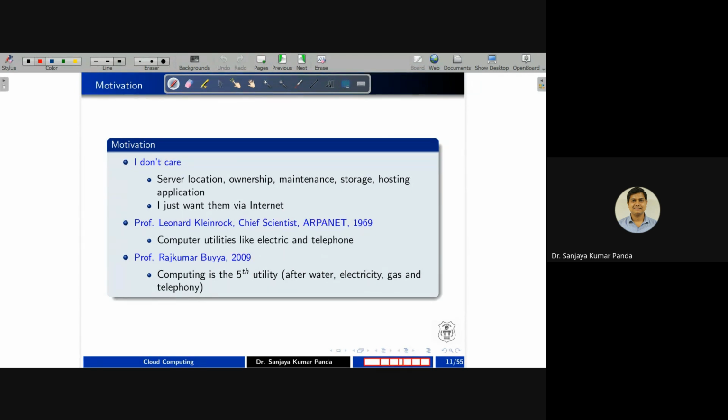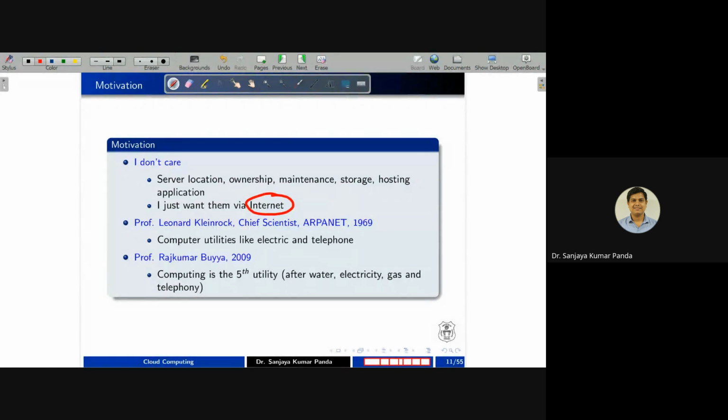You go to any location, abroad or any state, if you have a system with an internet connection, you can access your account through your username and password. So the only constraint we look at in this case is the internet. If the internet is there, our job is done. And we need a device which is internet compatible.